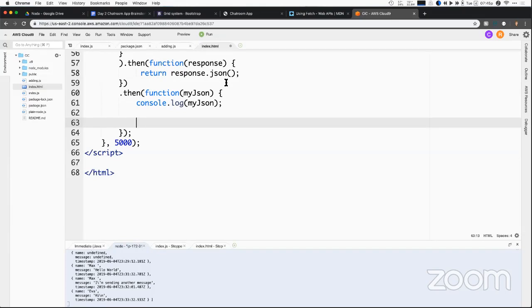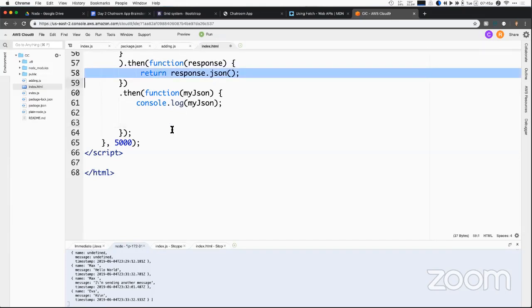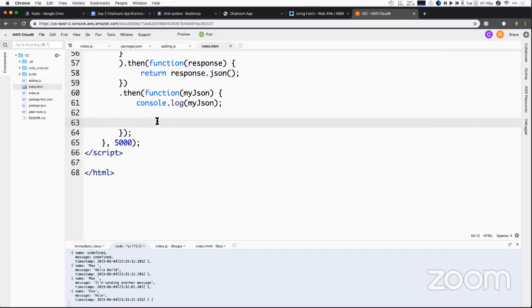We already parsed them right here. So we have like 5 of these messages. We want to display them, but in order to display one of them, we probably need to loop through them. So we're going to do our handy dandy for loop,